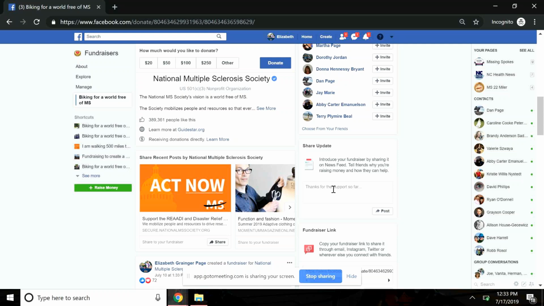So I have one last pro tip for you on how to keep the momentum going. The last 2 years, when I've been in New Bern, the night before the ride and the day of, I have posted to Facebook that the ride's getting ready to start, that today is the day that I'm riding to end MS. And there's always a bunch of people who give to me on the day of the event, and then I update it while I'm riding.